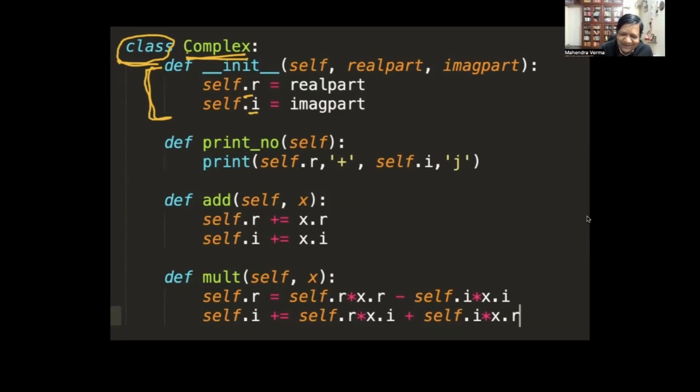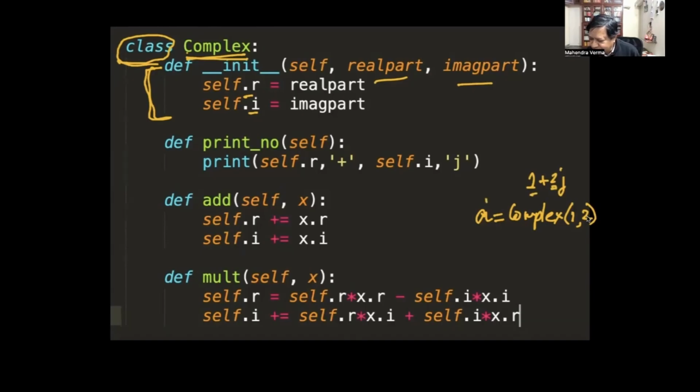I will create the object in the next slide, but it's created like this. I say A equal to complex, and inside this you give the arguments. It takes two things, real part and imaginary part. So let's say 1, 2. This will be 1 plus 2j. The imaginary part is 2, and 1 is the real part.